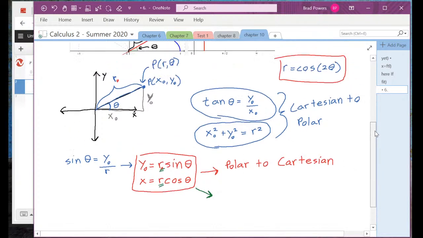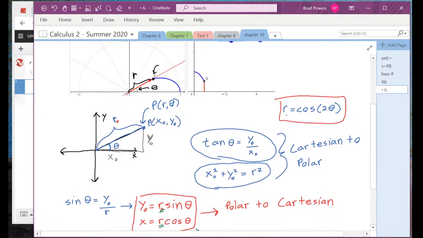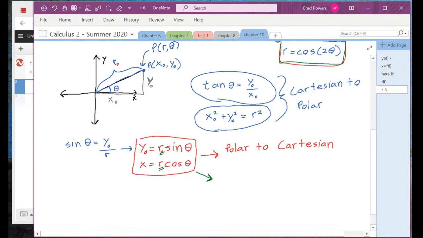R is a function of theta. Like if you look at this right here, r equals cosine 2 theta. Well, when we write polar functions, we write r as a function of theta. As we see right here, r is a function of theta. So what we could do instead of writing y is r sine theta, x is r cosine theta, we could say y is r of theta